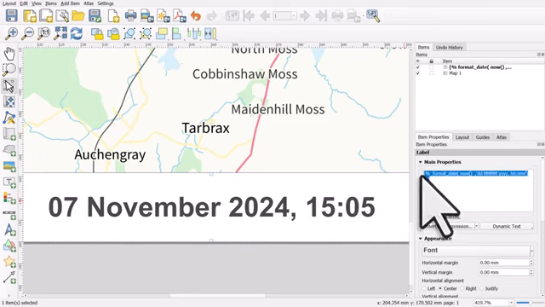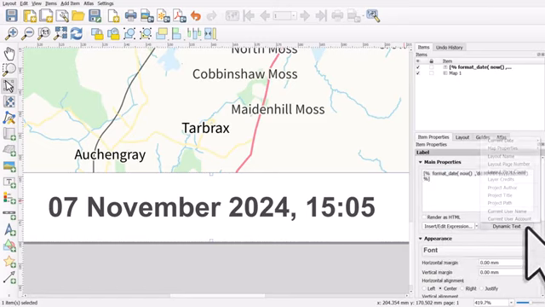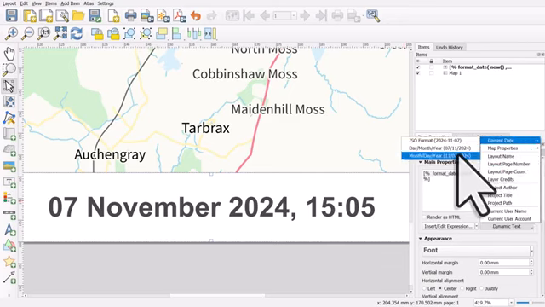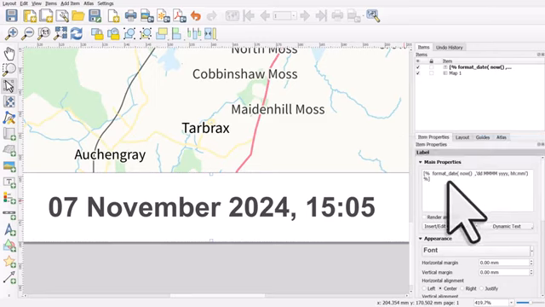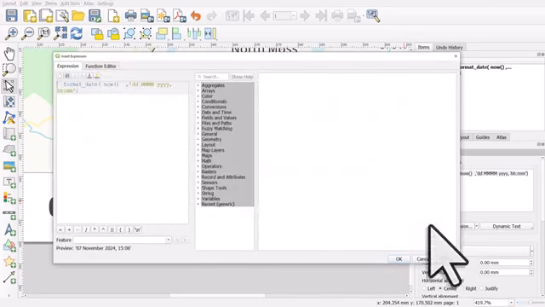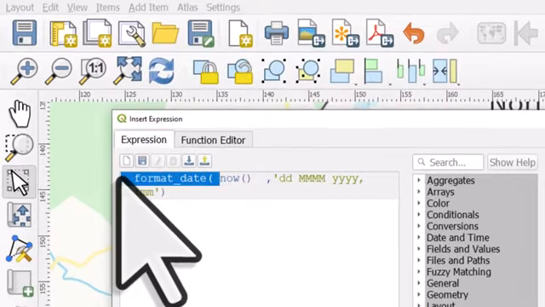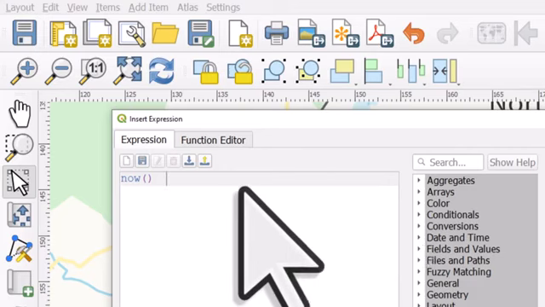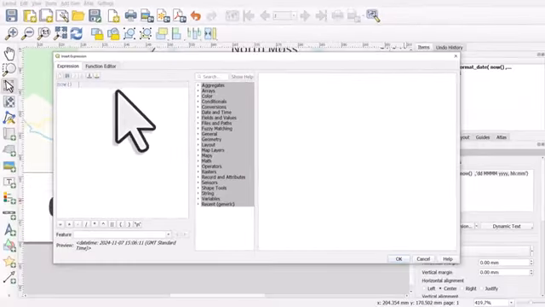I'm just going to highlight that text and then I'll click the Insert Edit Expression button. I can actually add dates with a bit of dynamic text like this, but to have more control over the format, we can do it the way that I'm going to show you. So I'll highlight this text, click on Insert Edit Expression, and then we see what we've got. Let's strip this back to the basics. If I delete what's there, and I only have now with an open and closed bracket afterwards, and click OK,